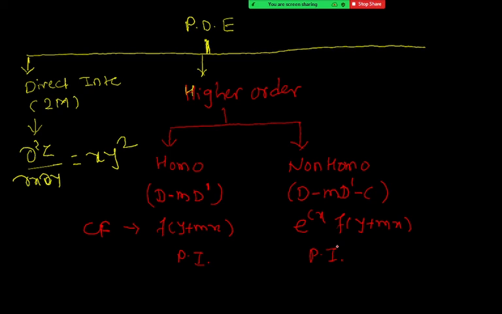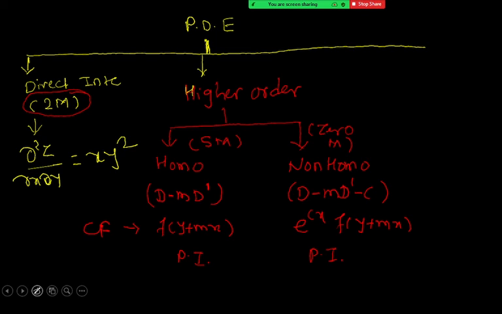So we mainly completed this much of the PD. This one is for 2 marks. The homogeneous part mainly comes for 5 marks. Non-homogeneous, as per the last 5 years question paper pattern, nothing is coming, so no weightage, 0 marks. Generally, not a single question was asked on non-homogeneous in the last 4-5 years. In the last 4-5 years, all questions were on direct integration for 2 marks, and this for 5 marks.